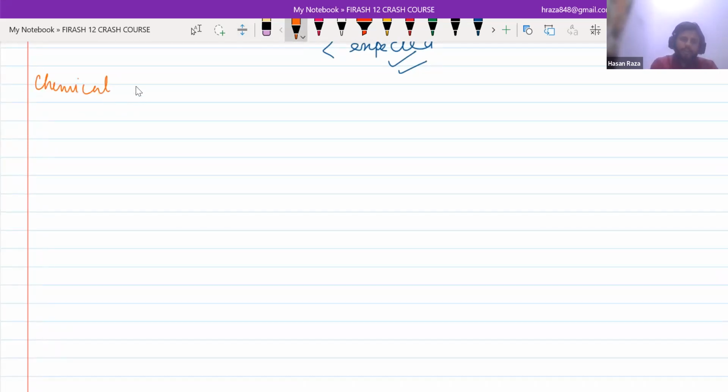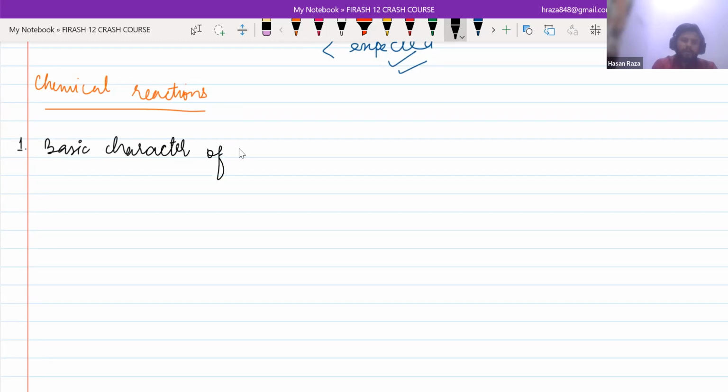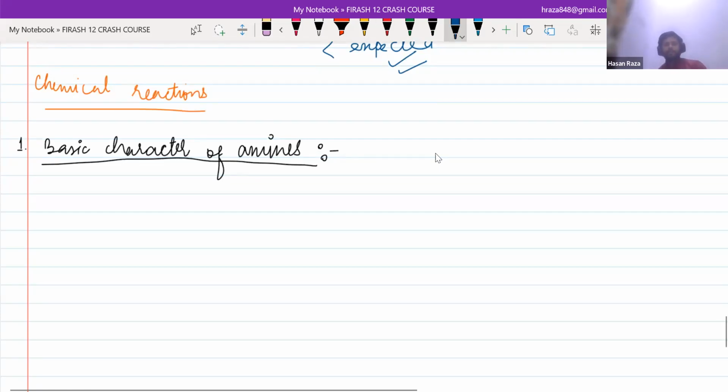And the first part is very, very important. And in here, I'm going to show you this part. The first one, that is basic character of amines. See, this is basic character of amines. So I already in the previous class I told you that the basic strength or character